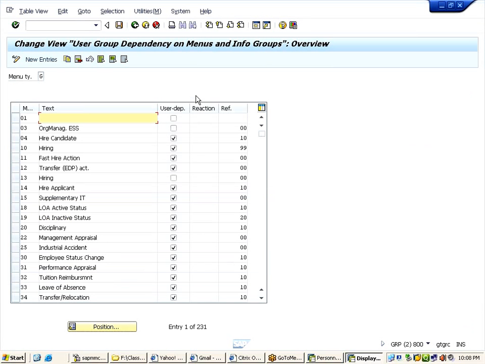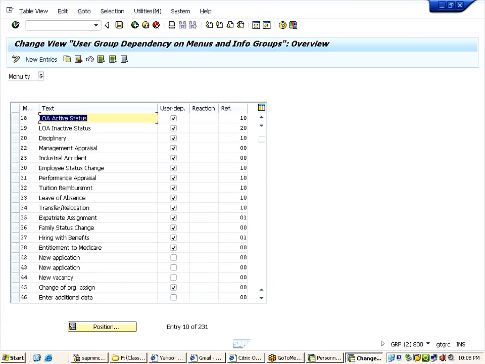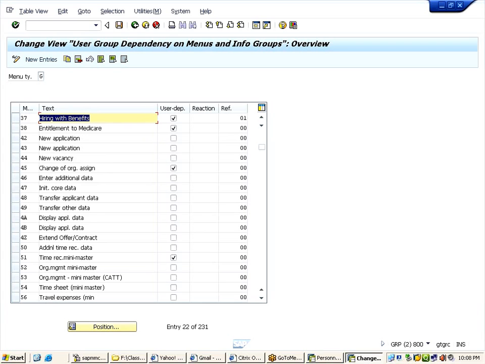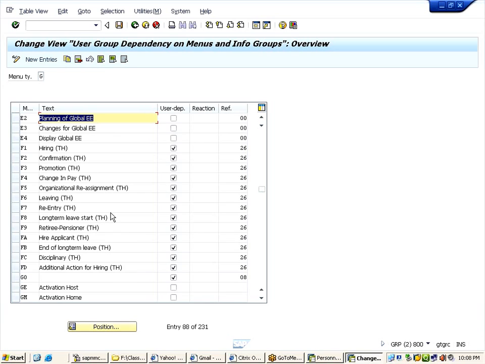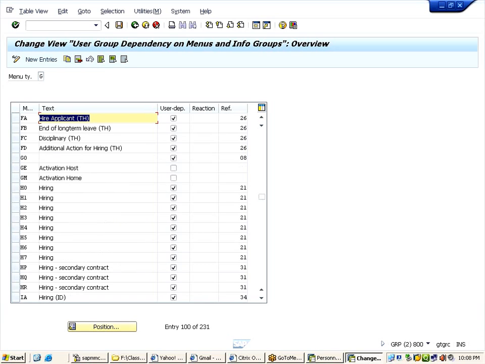Now, here you are seeing all the info groups standard given by SAP. Now, in case you want, you can create your info groups also here. How to create? Let's see.